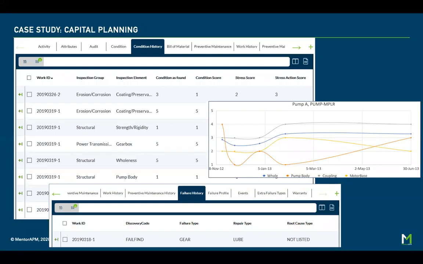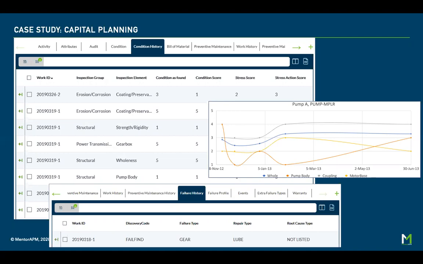And this is an example of the kind of stuff you can do. You can look at the condition history as you found it, the condition history as you repaired it, the stress scores, looking at the failure modes at the bottom and saying, okay, what were the components that failed and what was the correction, and doing a bit of an analysis at this point and tracking the performance of this thing over time. And what we realized during the analysis was, when we looked at the frequencies of failures and the potential impact, that little pump station was the most critical and posed the greatest risk to the entire